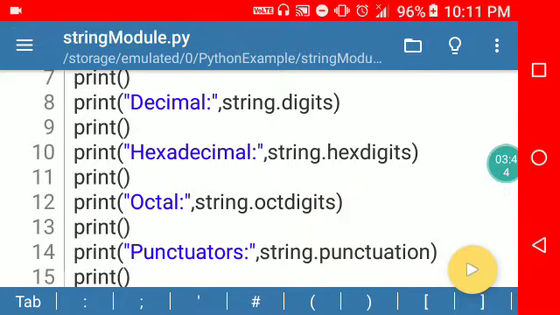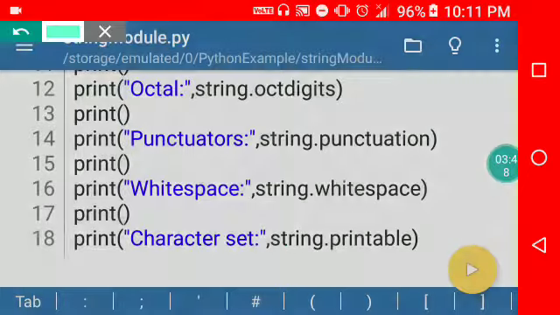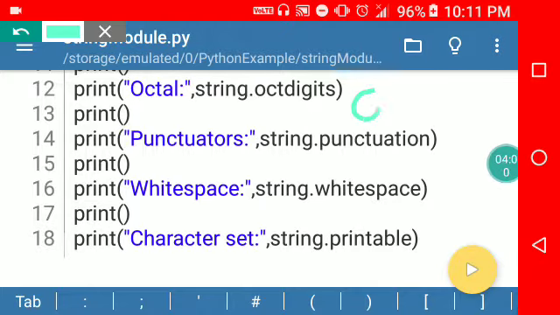Next, octdigits. The octal number system has a base of 8. It means it has 8 digits from 0 to 7. So this command will display the numbers 0 to 7. Next is punctuation.